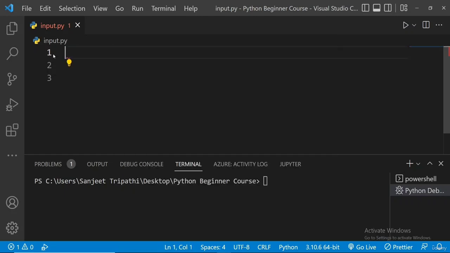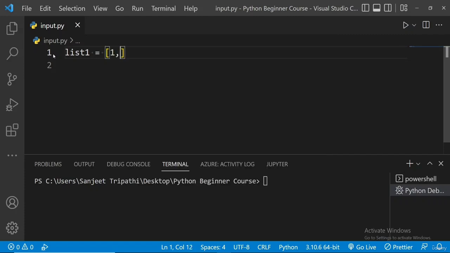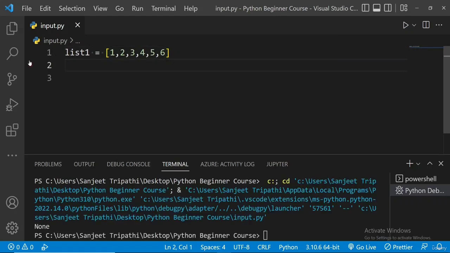So let's say I create a list, list1 is equal to, I think I will give numbers. Let's say I give 1, 2, 3, 4, 5, 6. So this is the list I have given. Here we have created a list. So let's say first of all, the first